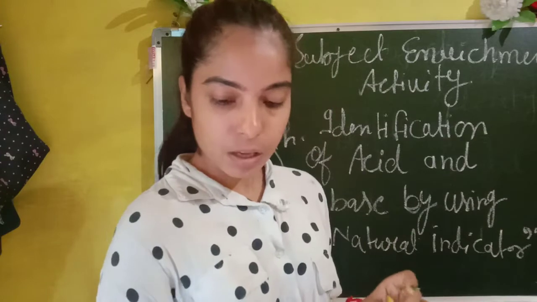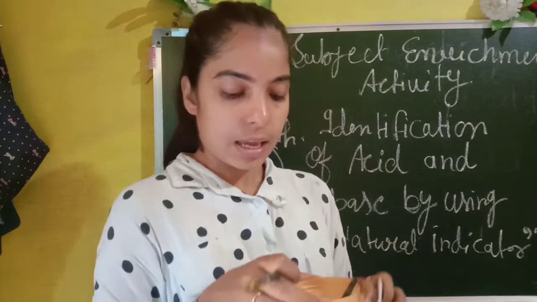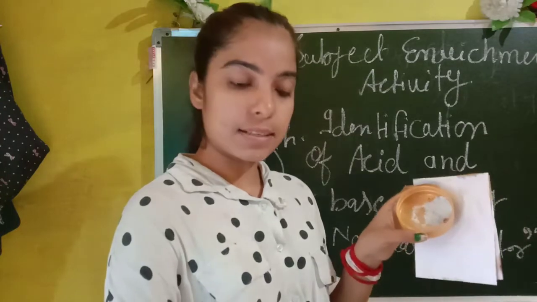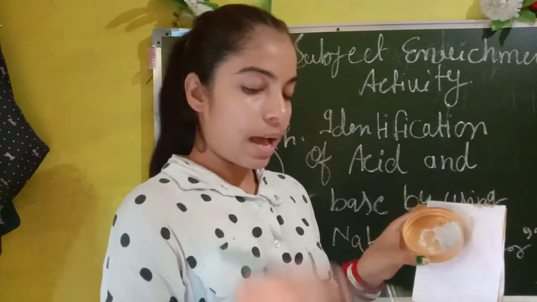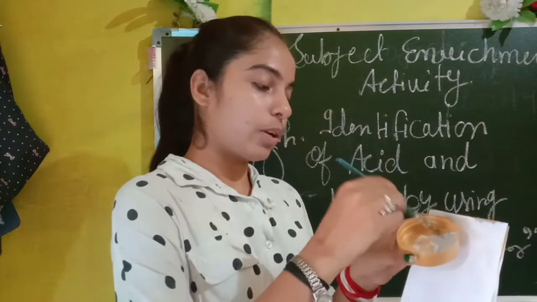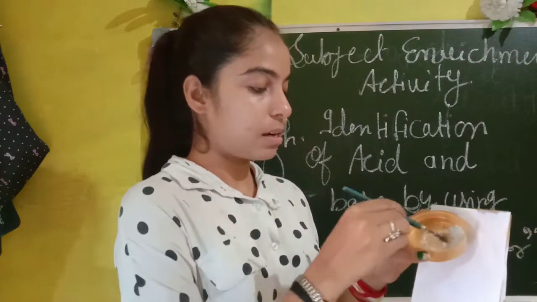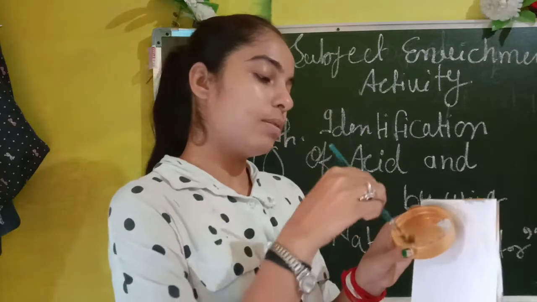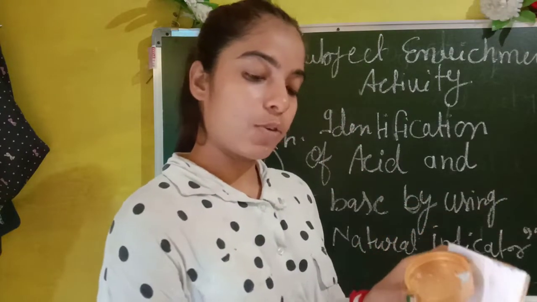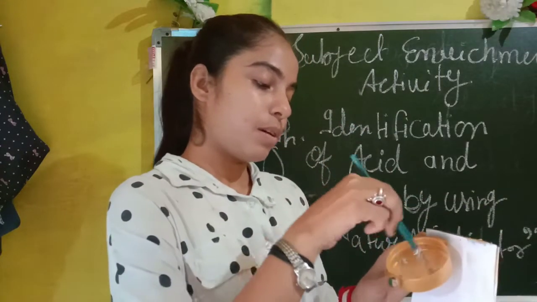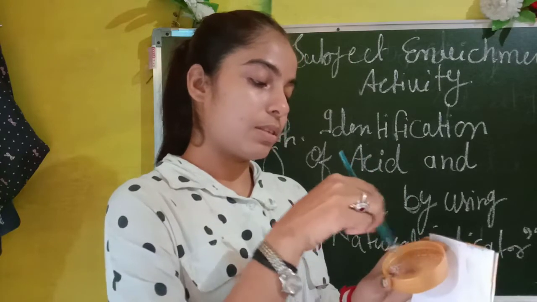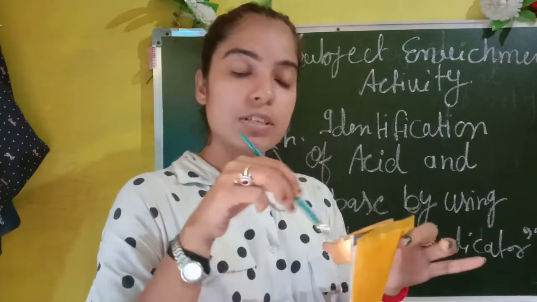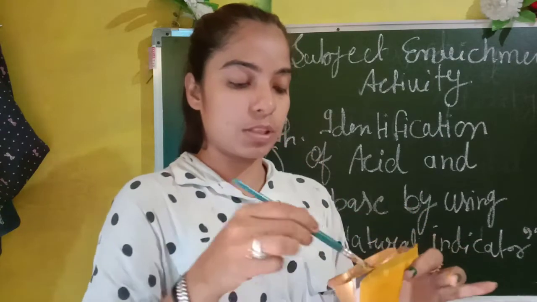Okay. Now in the third step you have to take detergent powder. Okay, and you add some drops of water on it, as I am adding. Clear? Some drops of water, and then you have to make a solution of detergent, and then use this detergent on this yellow paper. Then which type of color you will find, you just see.